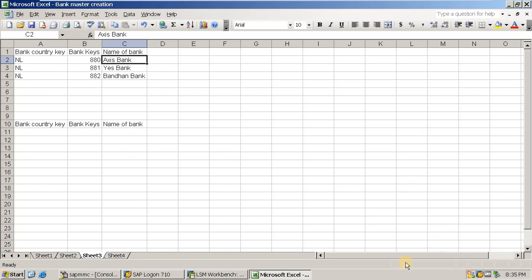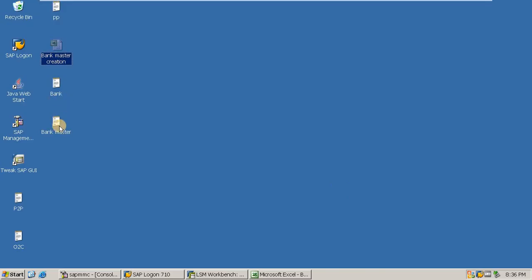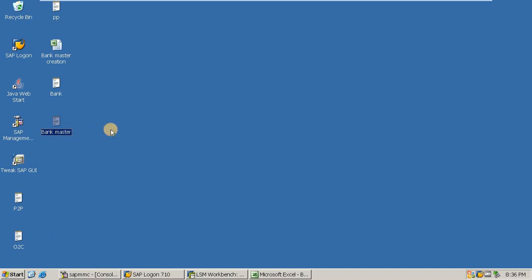Now wait a minute, let me open up another file, that is this. Here I have maintained what all banks need to be maintained.